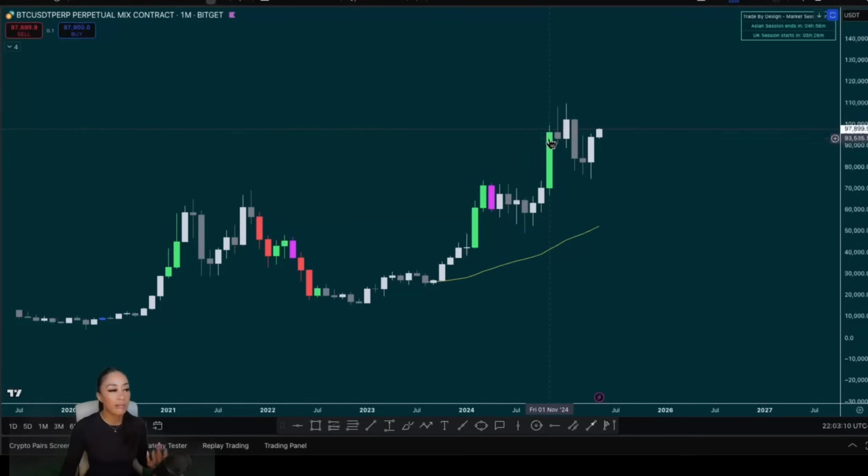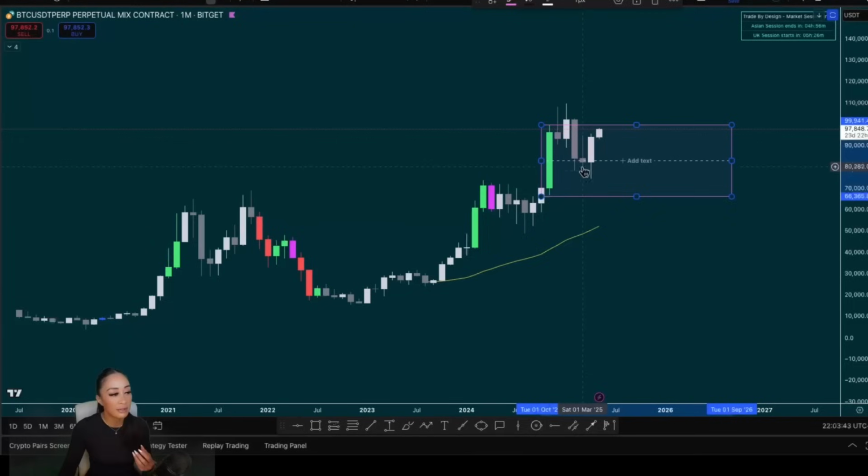These are areas where price has moved with force and are likely to be revisited because they cause an imbalance. Now in this case, the closest one to price is this one here. So you would go through and mark out this whole area of interest. But now that I can see that we've got price moving through it, there's no need for me to mark out that whole area. And instead, I can mark out 50% of that vector candle and then go ahead and